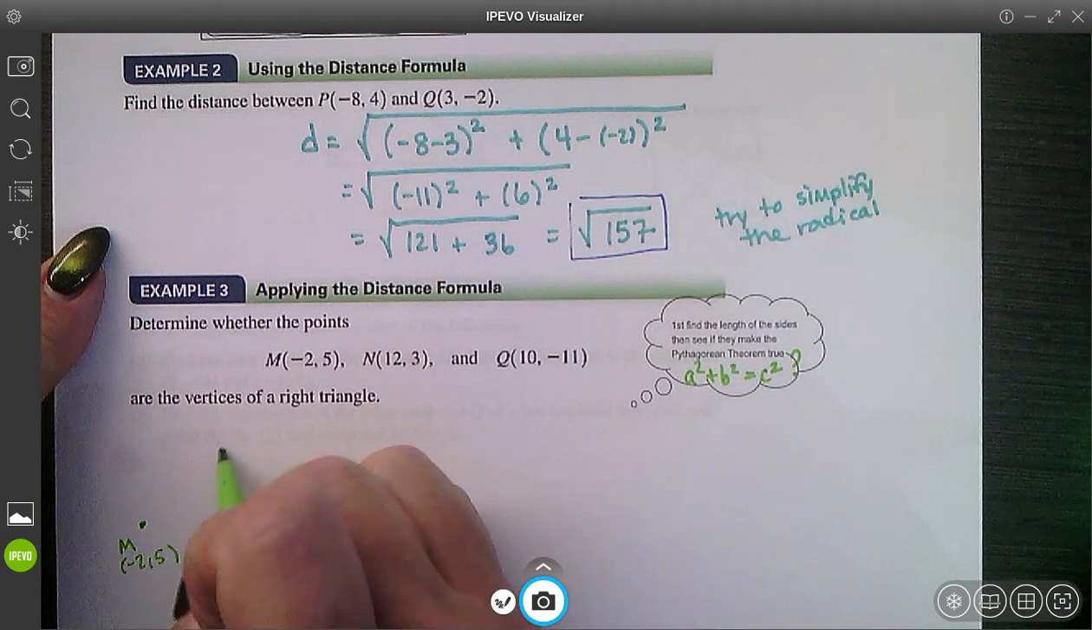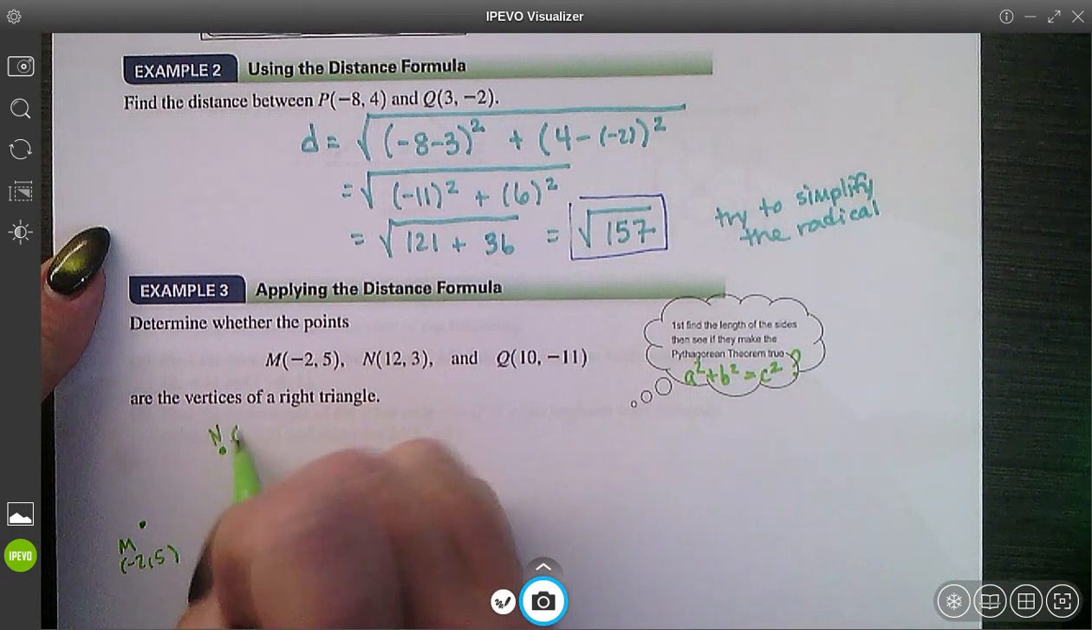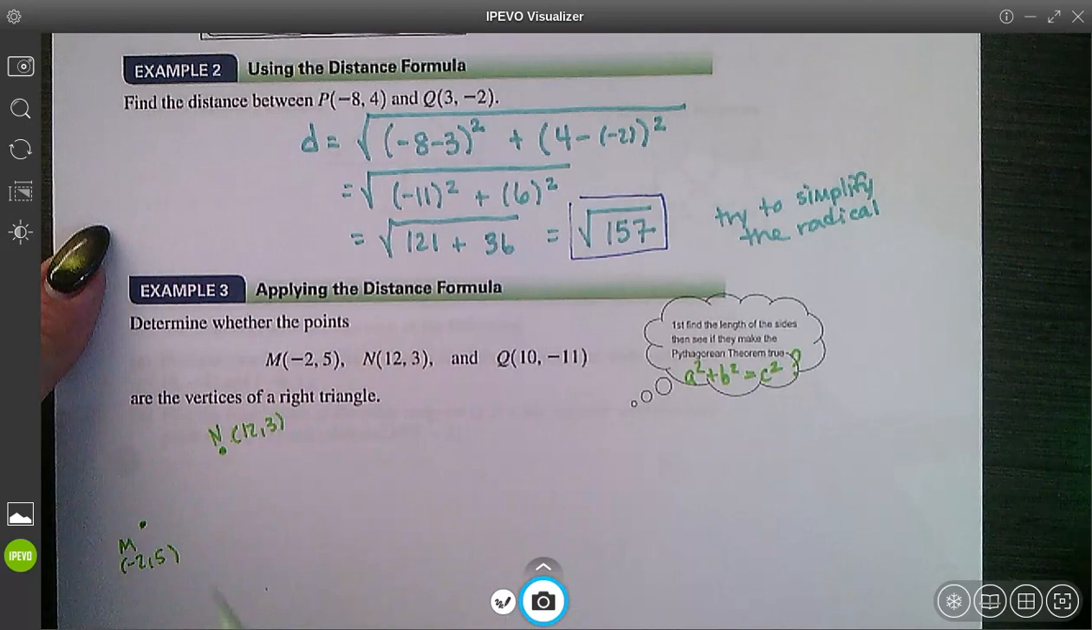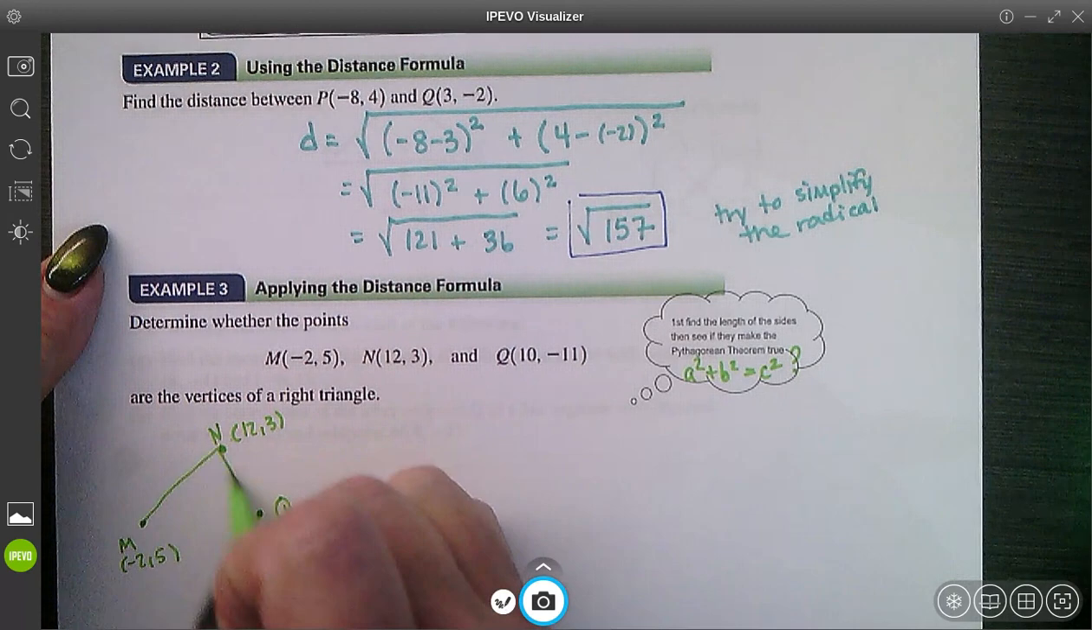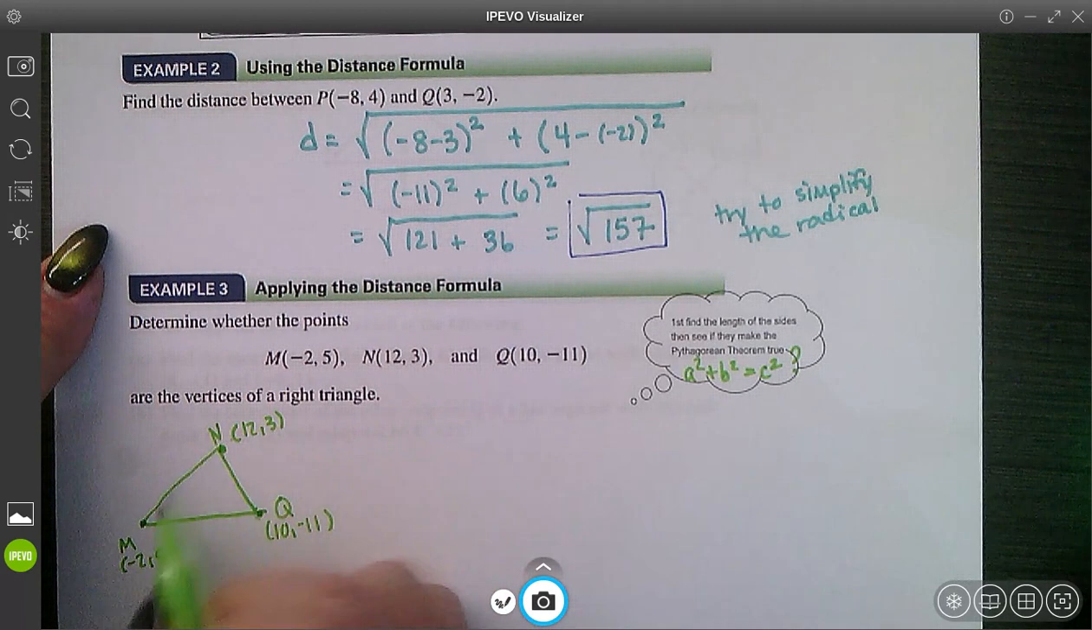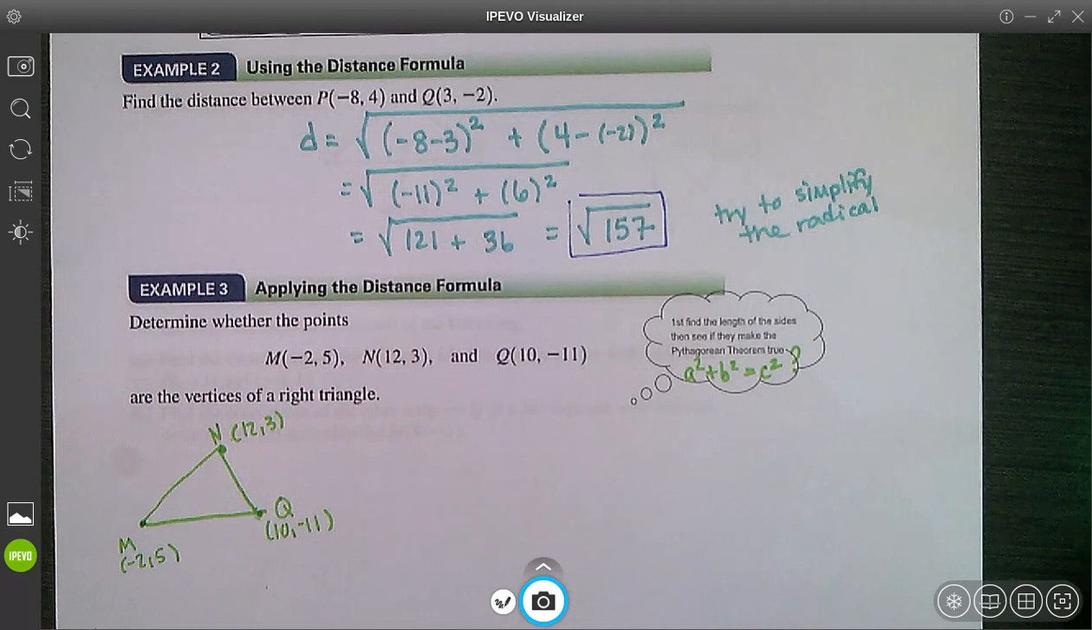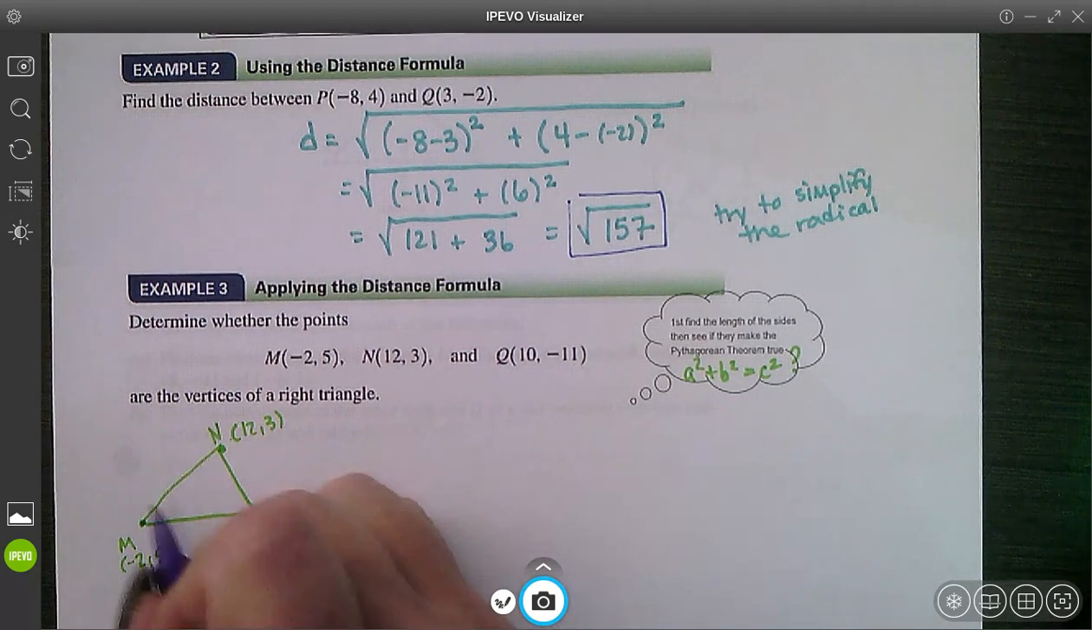And then n, I am not drawing these to scale or anything. I'm just putting 3 points on my paper. And then q at 10, -11. So I want to find how long is mn, how long is nq, and how long is mq. I got lots of distance formulas to do. So let's go. For mn,